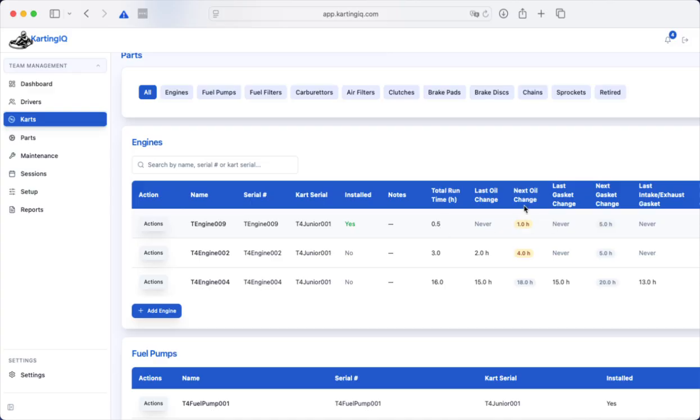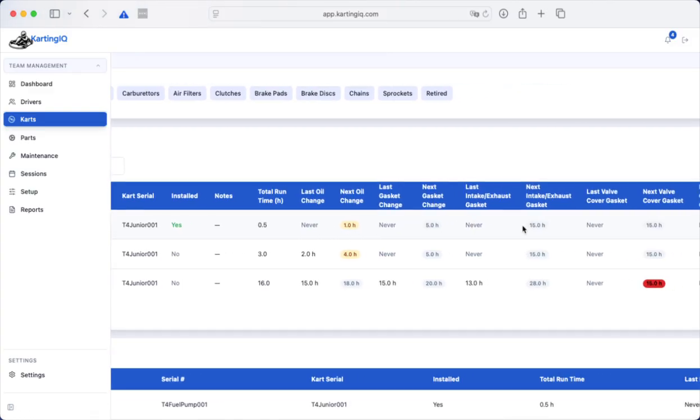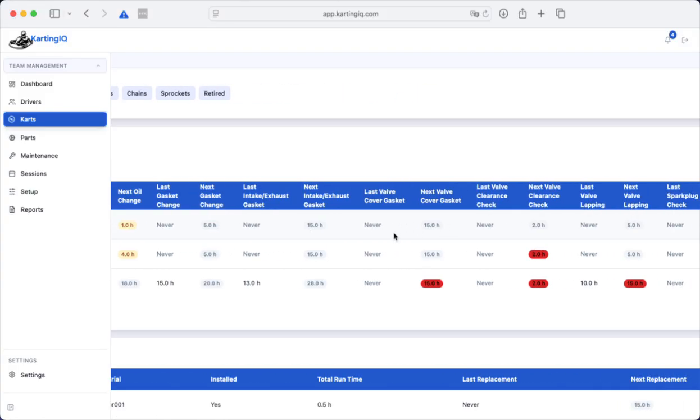What you'll then see is that the next oil change is due at 1 hour. So it's marked in yellow because it is due in less than 1 hour. The idea being that if you finish a day's worth of track time and you've less than an hour left before a maintenance task is due, it's very likely that you'd want to complete that task before the next day's runtimes are added, which would likely add to more than 1 hour. You'll see other tasks then are not overdue yet, or due soon, so they're not marked in